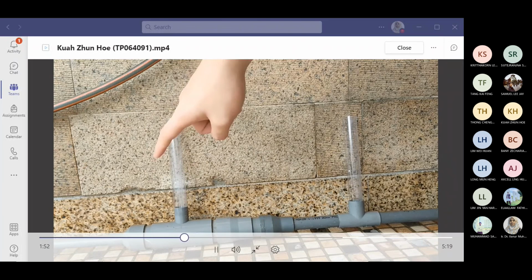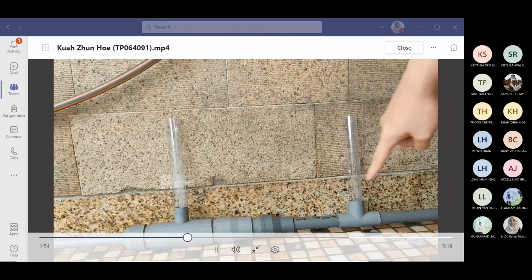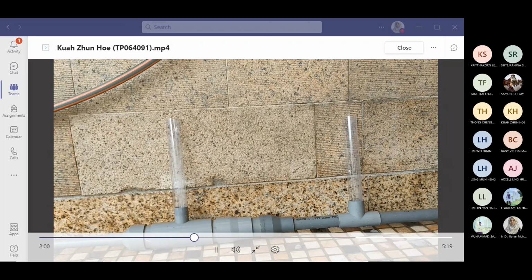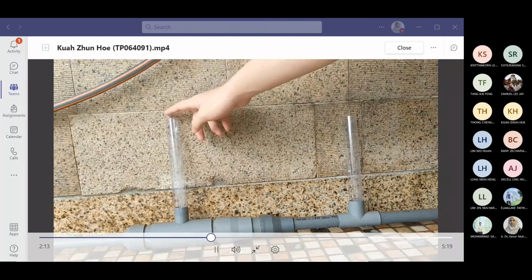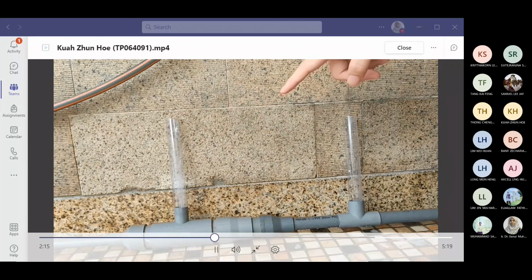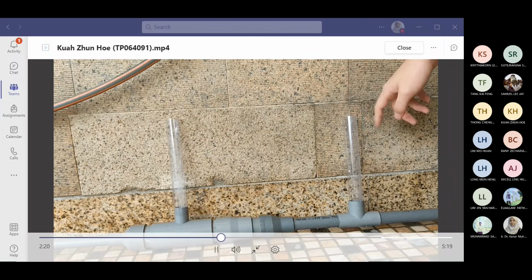The water will flow from the left side throughout the whole prototype, which indicates that it's not an ideal prototype because friction force exists in this prototype. So we have A, which has the bigger diameter of 49 millimeters, and B, the smaller diameter, which is 28 millimeters. So when the water goes through the area differently,